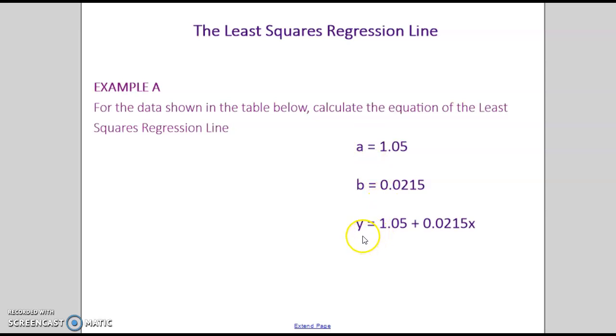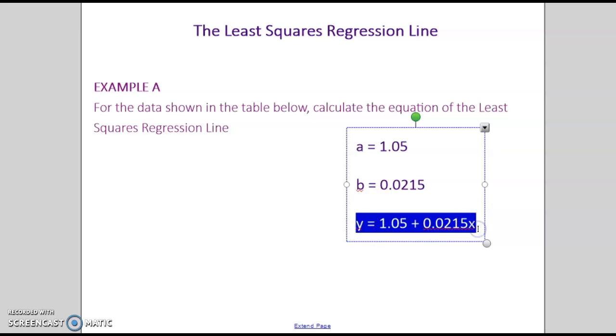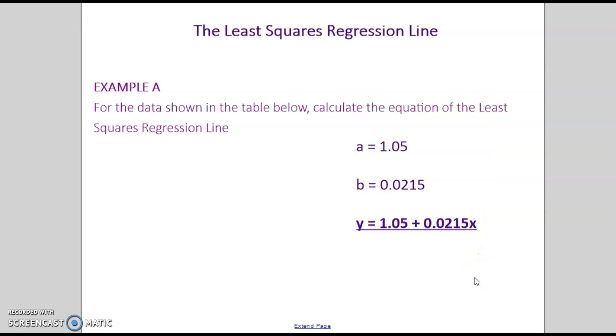I've written at the bottom here, if I highlight or underline this bit so you can see, the actual equation for the least squares regression line is y equals 1.05 plus 0.0215x. So that is my answer. The A and B are the values from the calculator, but my answer for the equation is this bit here, y equals 1.05 plus